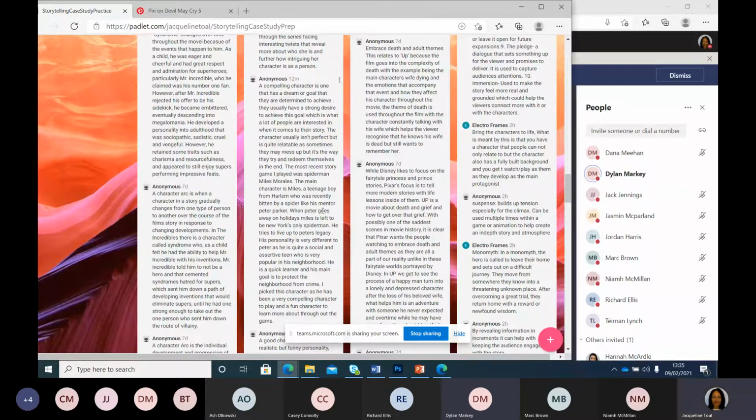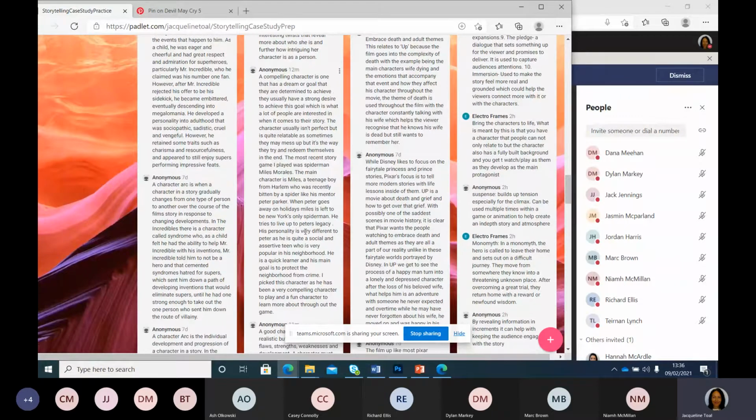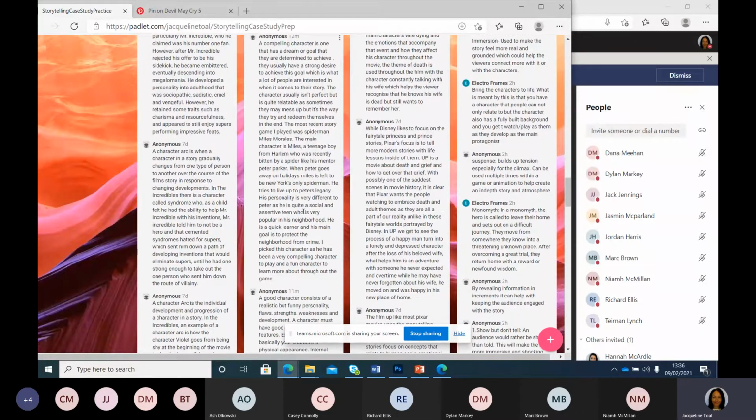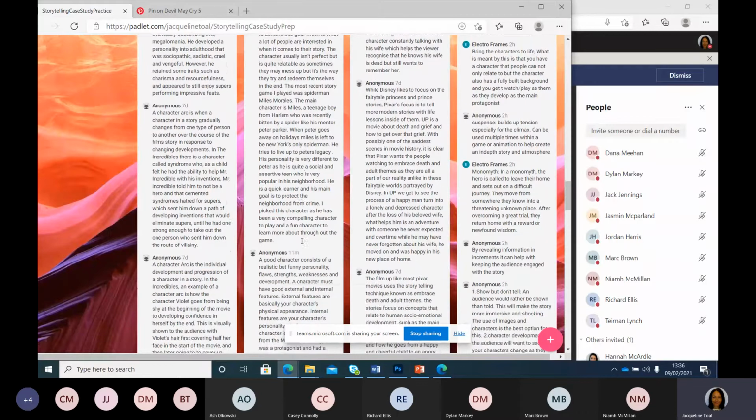Okay, no, that's good. I think that's one that we're more familiar with, as a character as well. And overall, he's kind of like, I suppose, the good guy, isn't he? Kind of his personality, you might aspire to be. Yes, I know what you mean now, Miles, a teenage boy. Okay, no, that's good.